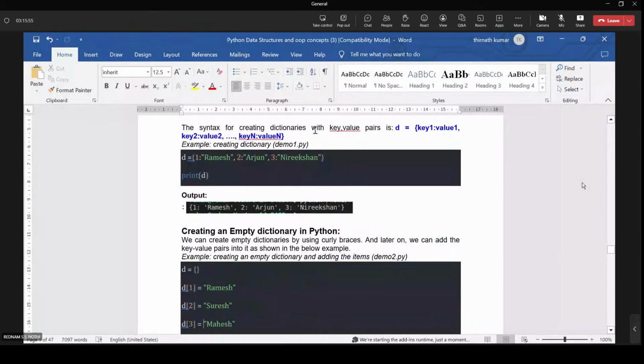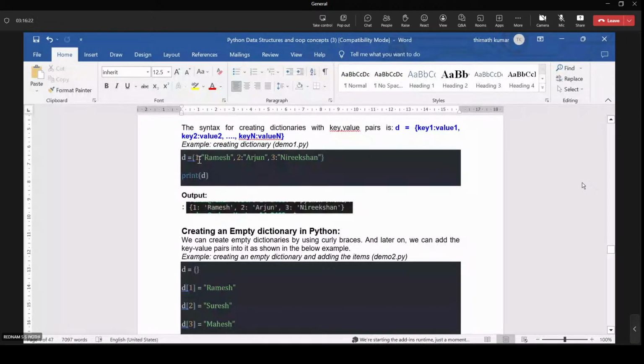So this is the syntax of the dictionary. D equals, within curly braces, key1 colon value1. That means value1 is associated with the corresponding key1. Then key2 colon value2, up to keyn colon valuen. Now here is an example. D equals {1: Ramesh, 2: Arjun, 3: Nirikshan}. print(D).